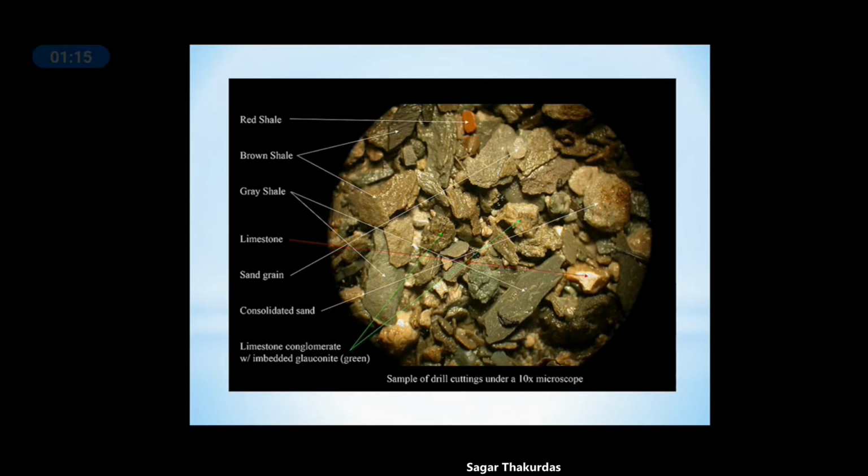So this microscopic observation is different than the thin section analysis. In thin section, we prepare a thin transparent layer of rock which is cut from the host rock, and it is studied under the microscope. Whereas in this sedimentological study in mud logging unit, we take the crushed rock, the ground rock which is brought to the surface, we clean it and then observe these rock cuttings under the microscope. So that is the difference.